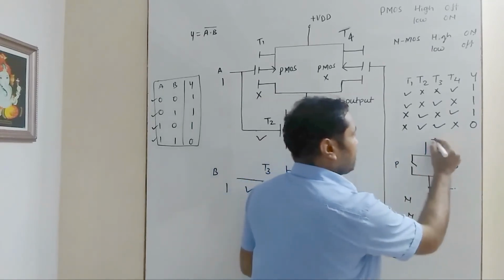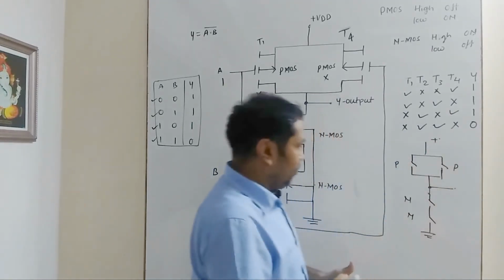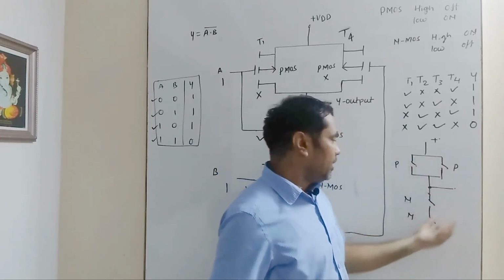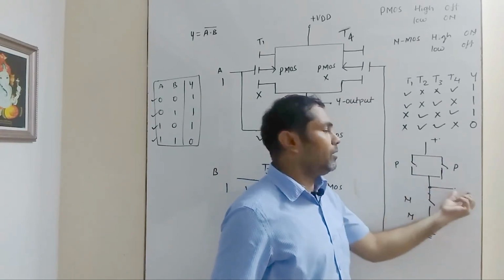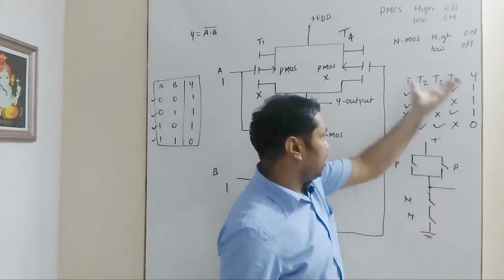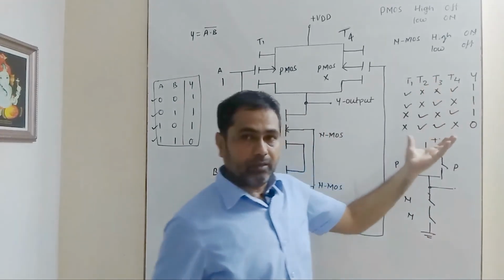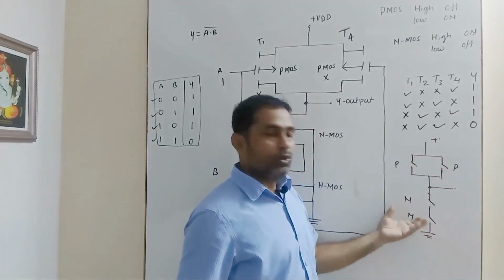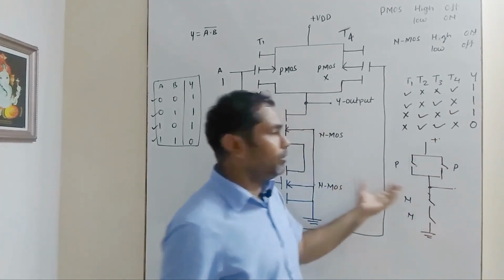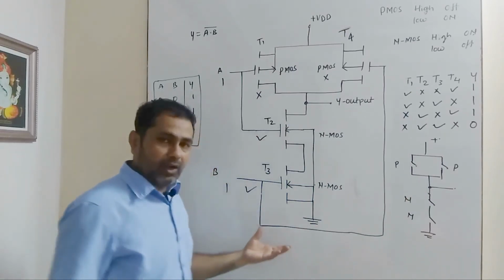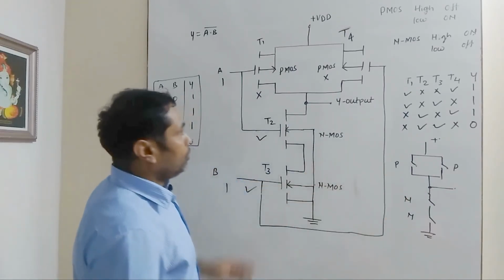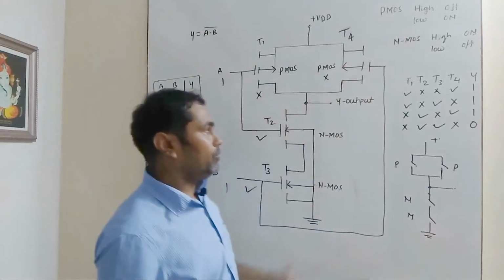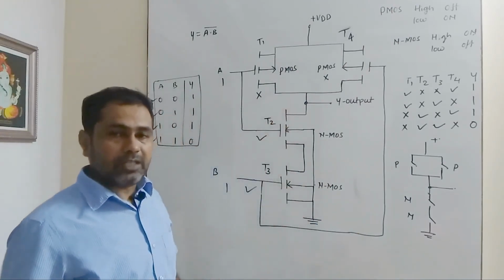So it is connected to the power supply. When both switches should be off, then only the output will be possible. Both the switches should be off, then only there will be the high output. So we can understand the same circuit, or the same working of transistor switching action, using this switching circuit. So it is easy to understand the working of the TTL NAND gate and CMOS NAND gate using the switching circuit also. So we have to remember these sentences, and then we can easily explain the working.